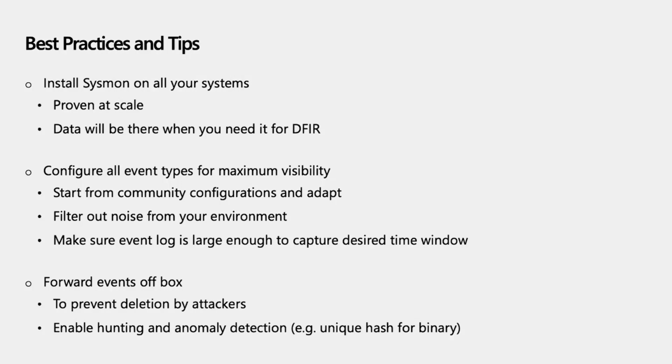And then once you set that up, you should forward the events offline using Splunk, Sentinel, or something else so that you can do hunting and then you can search those events if something happens. So if an intrusion happened, you can go back in time and see what happened, and you can really understand how the attackers went on the network and moved, and try to get a clear picture of what happened there to remediate better.